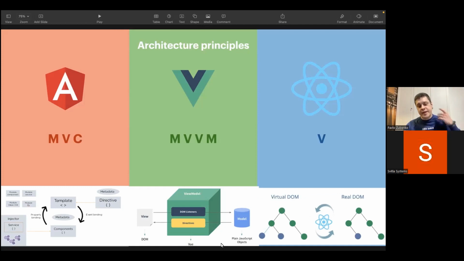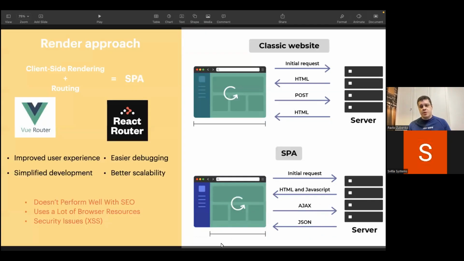But what actually was created by those frameworks, and what kind of applications did we start building with them? The first one that we could see is the idea of client-side rendering, which was already present in a small part of jQuery projects. When we get some data and load more and more elements and so on, client-side rendering grows from a small element on the page to the full page.